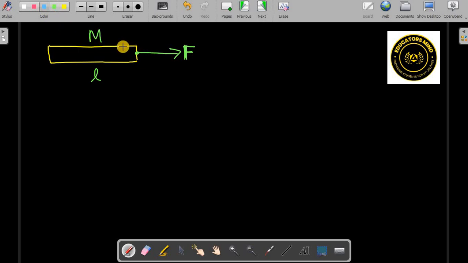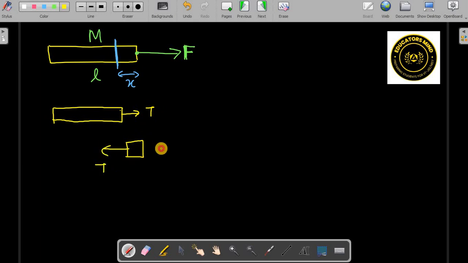So, if you consider any point, let's say here, at a distance of x from this end, what will be the tension force at this end? You draw the free body diagram. Tension is an internal force acting like this, and on this part the tension will act like this, isn't it? So you know the acceleration. First of all, acceleration is force by mass. Once you know the acceleration, this tension